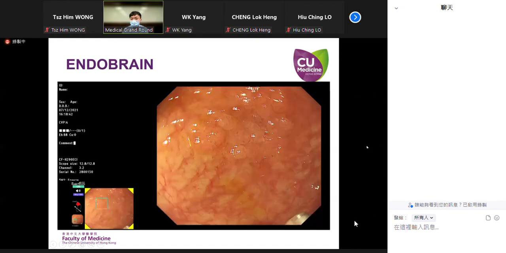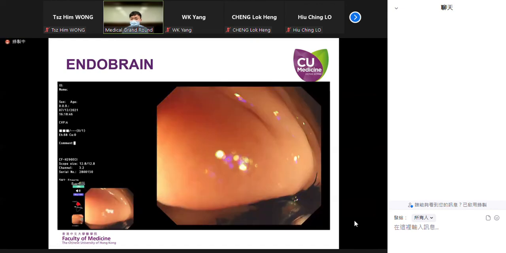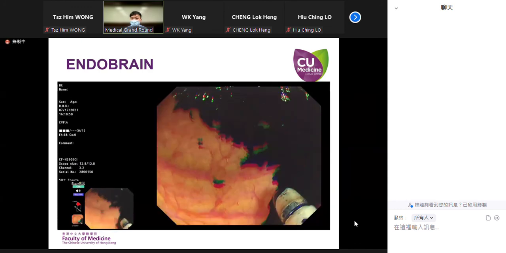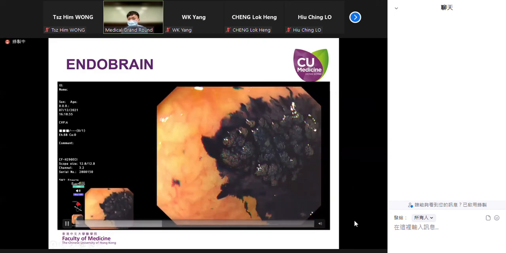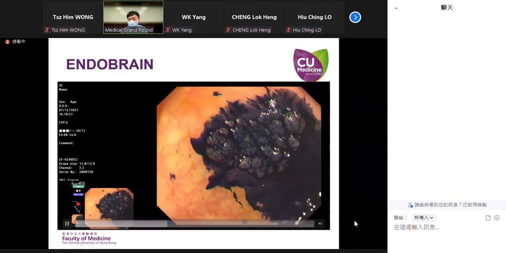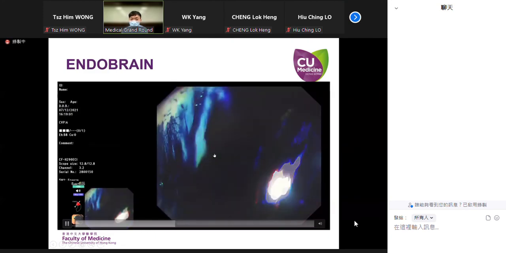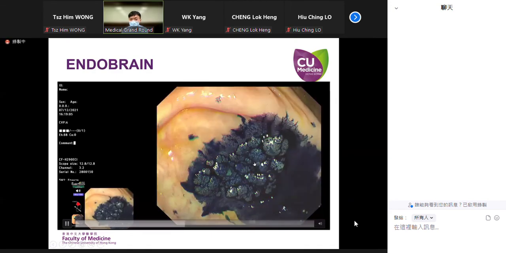we'll do chromoendoscopy to enhance the lesion. And then we just directly spray some dye on it. We use 1% methylene blue. And you can see that after spraying the dye on the lesion, the border becomes much more conspicuous. And if we take a closer look at the surface, the dye can also highlight the surface structure